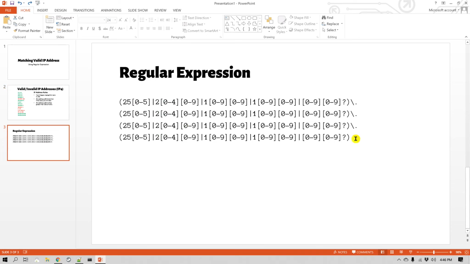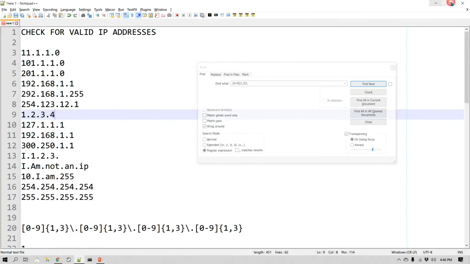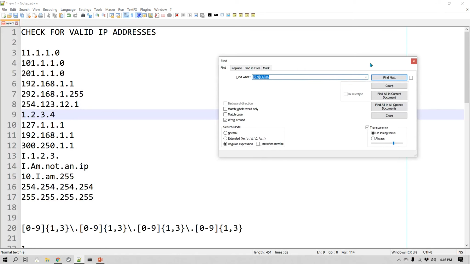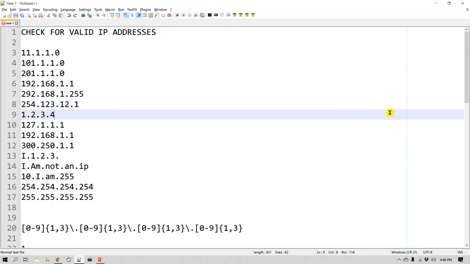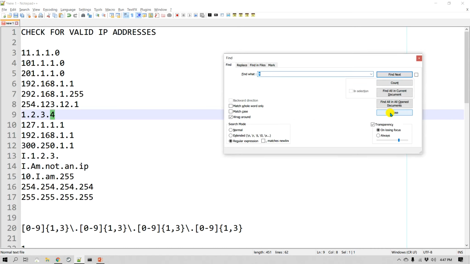And we are going to break this into smaller chunks so that we can really understand what the regular expression is doing. Alright, so let's go to Notepad++. I'm going to use Notepad++ for this example because it gives an easy and quick way to check what we are doing. For that, you need to make sure that the search mode is set to regular expression here. Basically, you can do Control F or search and then enable your regular expression mode.